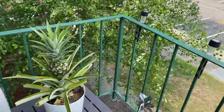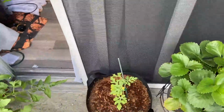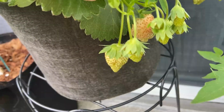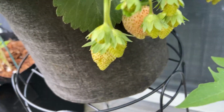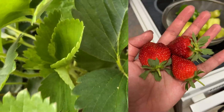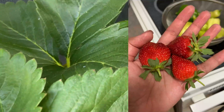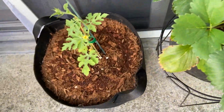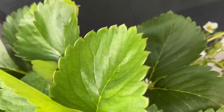And then moving on to the last 2 things here, I have a strawberry plant that I purchased from Lowe's or a Home Depot or something. And I do have some strawberries coming in. You can see I'm growing this in a 2-gallon fabric smart pot, and it's growing in really nice right here. I've been feeding it Happy Frog. I've also fed it some of the tea, and I've been cutting off the runners because